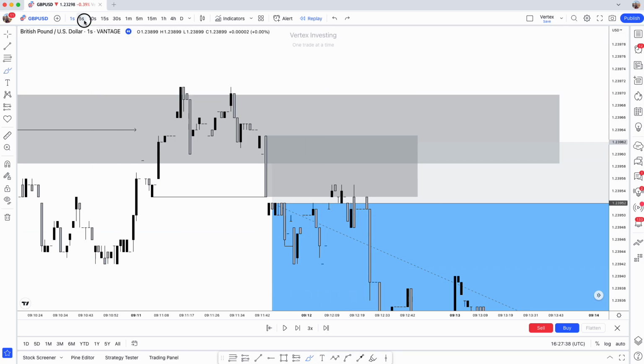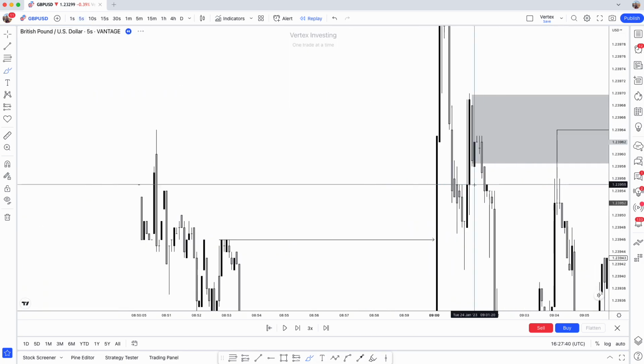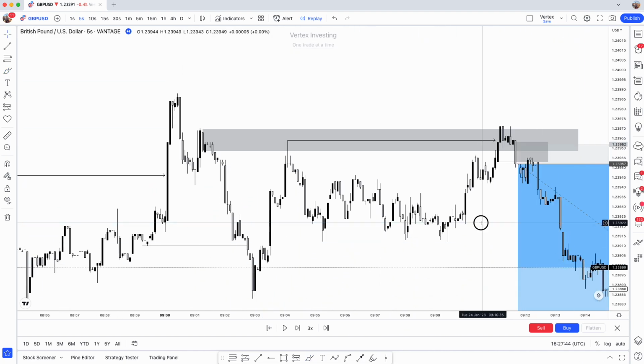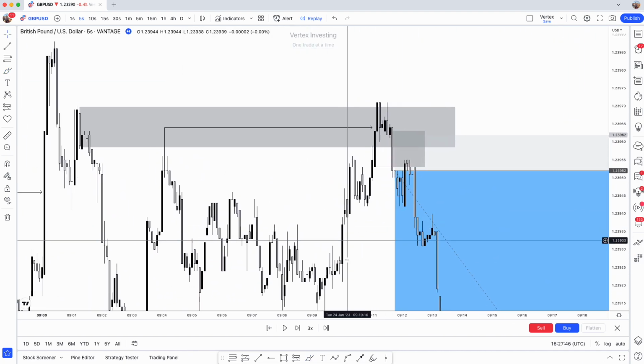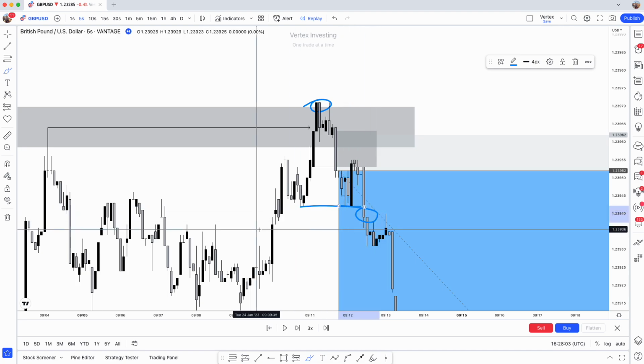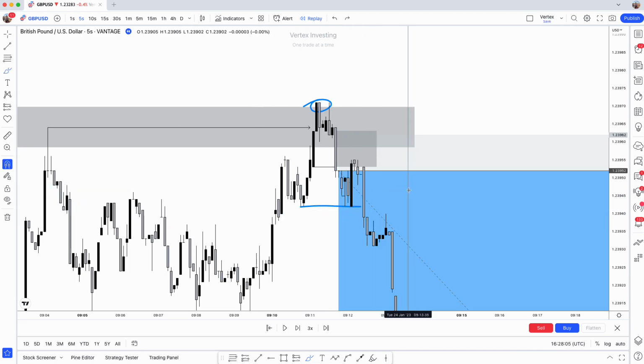If I didn't enter off the 1 second, and say if I stayed on the 5 second, for example, I could have done it this way, where because now the IM has been taken out, and if you're going to trade the 5 second, it is far more relaxing than the 1 second, because it's obviously a little bit slower. But what we do have now is this bearish break, which eventually breaks here. So I could have entered off that breakout. So you could have done a breakout from here